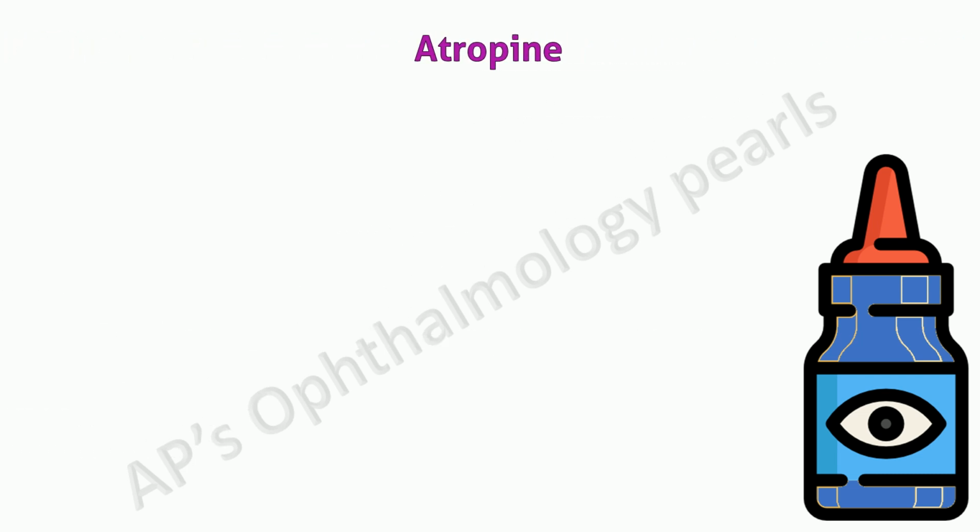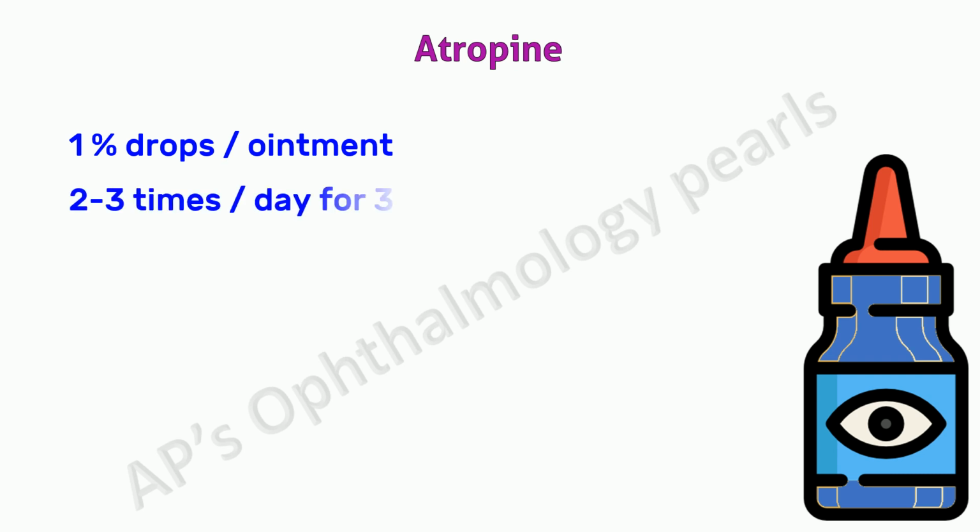Atropine is the strongest cycloplegic and was earlier advocated as the cycloplegic of choice. Because of its long duration of action of about 2 weeks, which can be both inconvenient as well as a risk factor for inducing amblyopia, it is not preferred nowadays unless a very strong cycloplegic is required in certain cases of accommodative esotropia in children less than 5 years of age. It is instilled as 1% drops in children greater than 1 year and as ointment in infants 2 to 3 times a day for 3 days prior to retinoscopy, which is performed on the 4th day.